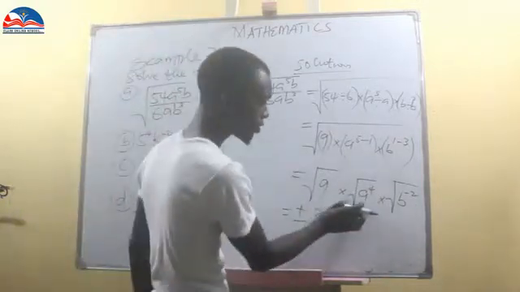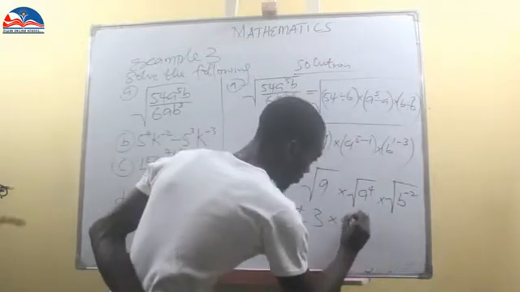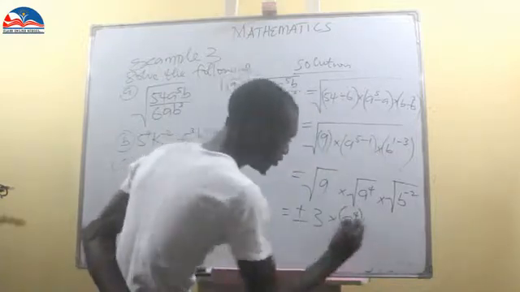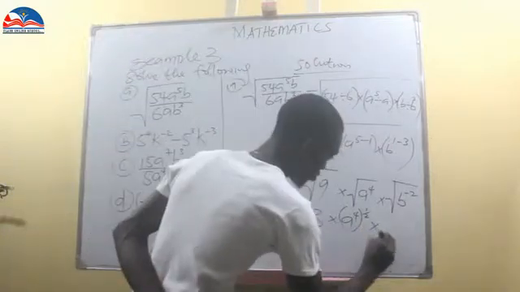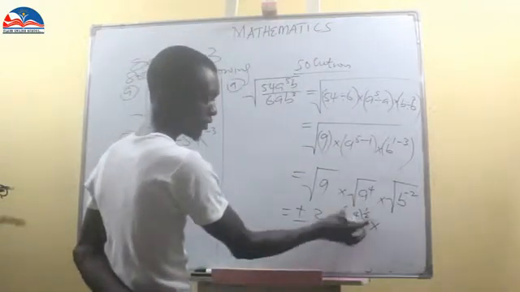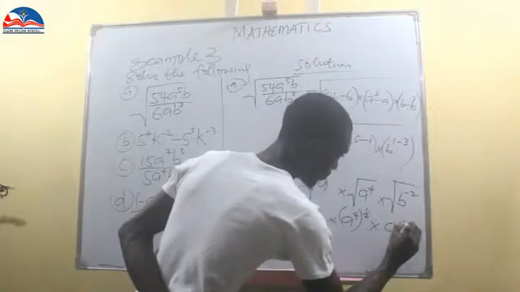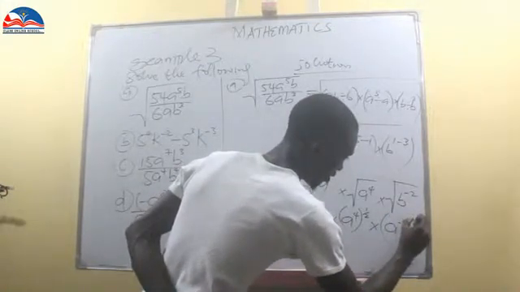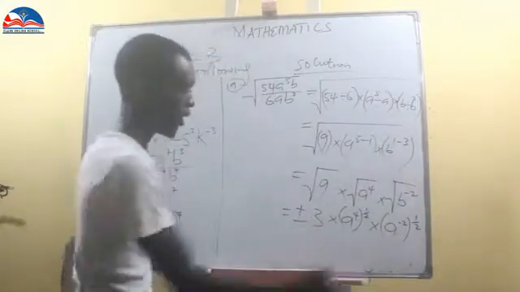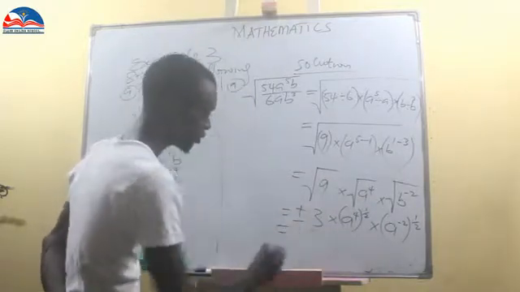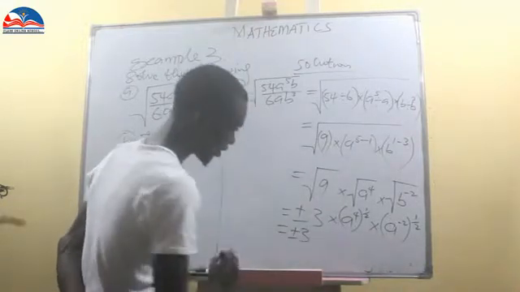Now, this square root, I can put it in another format: A index 4 all raised to power 1 over 2, times A index minus 2 all enclosed in a bracket, 1 over 2. So this expression is the same thing as this. Our root is this. Okay, so this is equal to, we have plus or minus 3